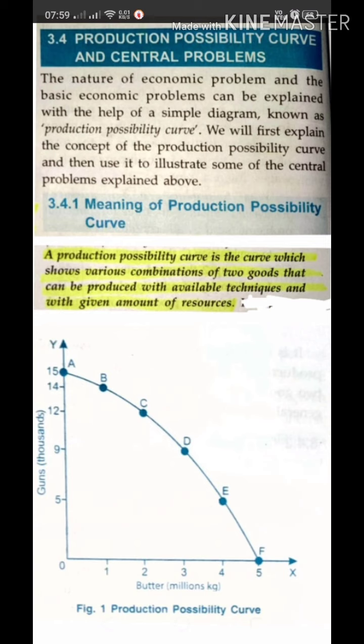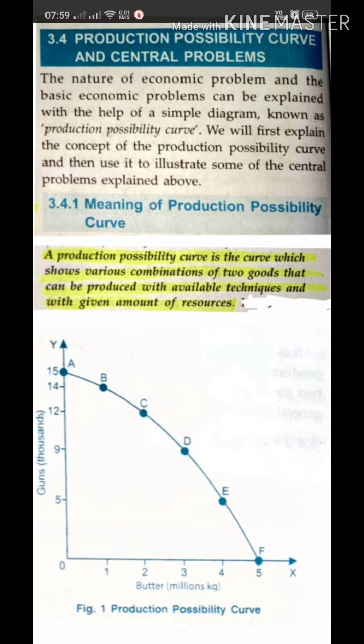Now what do you mean by marginal opportunity cost? Opportunity cost means what cost you are paying for your opportunity. That means if you are making some other combination, what is your cost for that opportunity? You are getting the opportunity to produce a second good. Now when you are producing the second good, what is the cost you are paying for that? How much sacrifice are you making? So in the first case you have made no sacrifice.